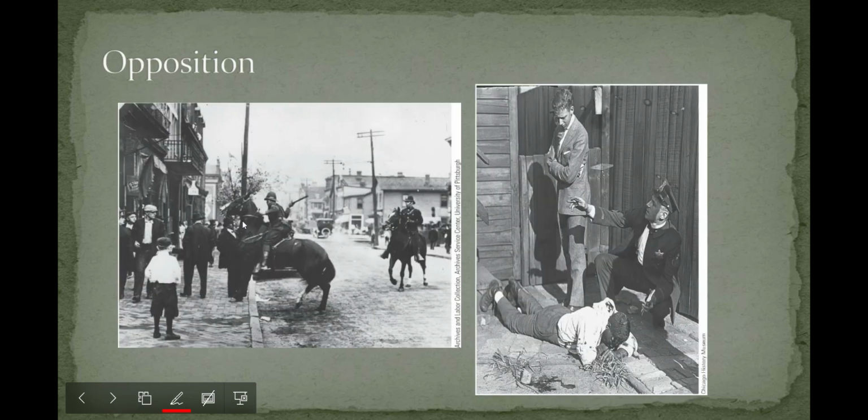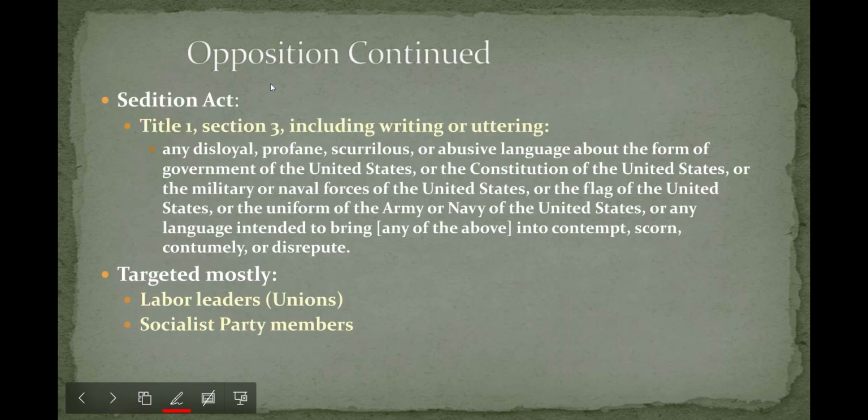The other one that came out was, oh, sorry, there were also a lot of draft riots and race riots in the United States related to people coming back from the war and racial aggression that was occurring. Also, though, you had the Sedition Act. The Sedition Act is more about speech, so having seditious speech or people speaking out against the war. So a restriction on freedom of speech was a big domestic impact, which is pretty common throughout wars in U.S. history.